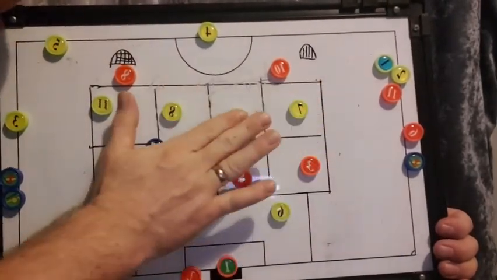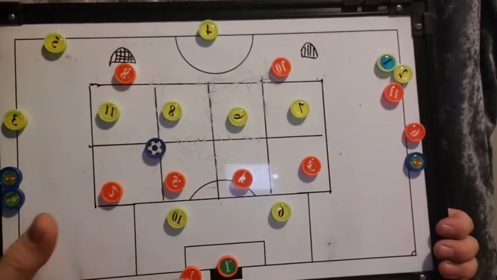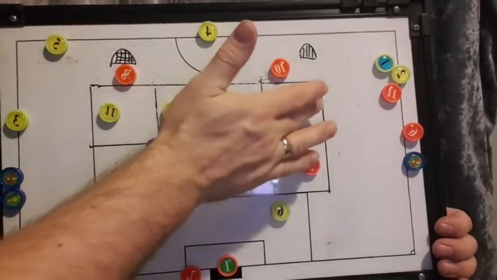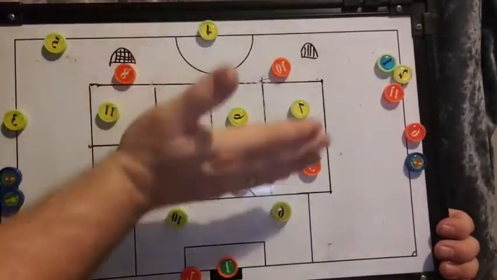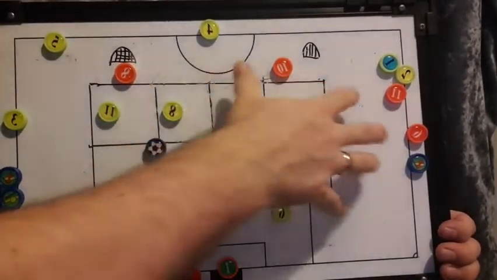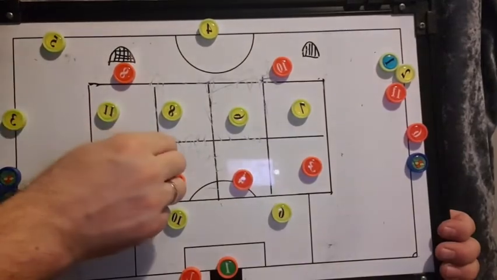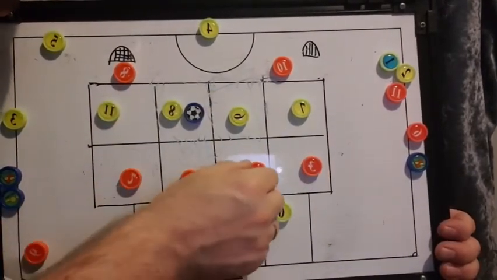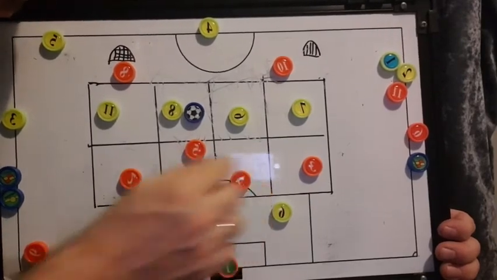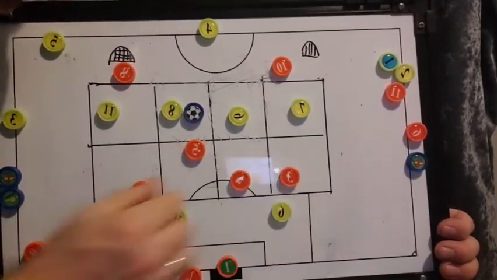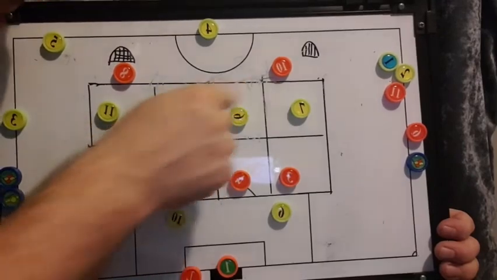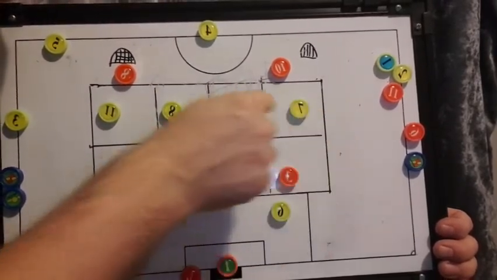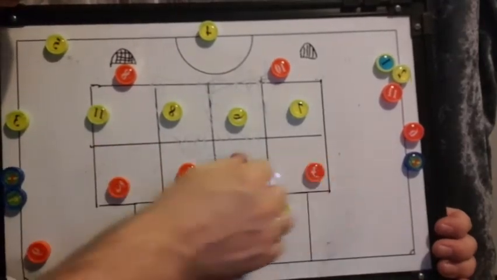If there's two coaches, for example, one coach might work with this team defensively and another one with this team offensively. You might have a coach who just works the whole session defensively. So if this team has the ball, he's working with these, trying to keep their shape, squeeze, and not get played through, while the other coach is working with these. And then as the ball transitions over, he swaps and works with these, while the other coach